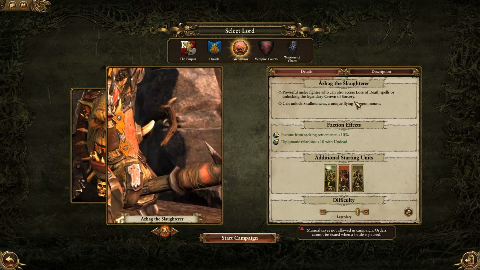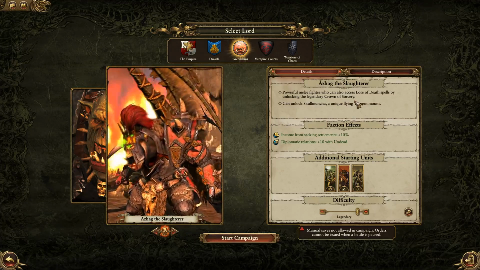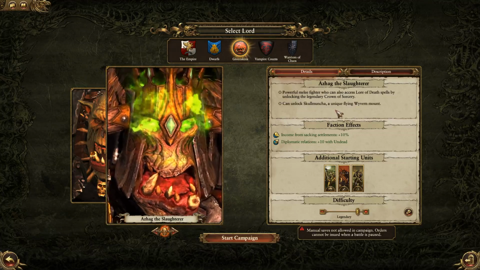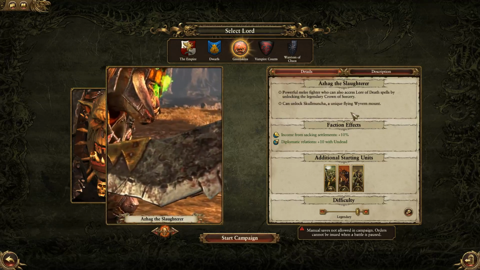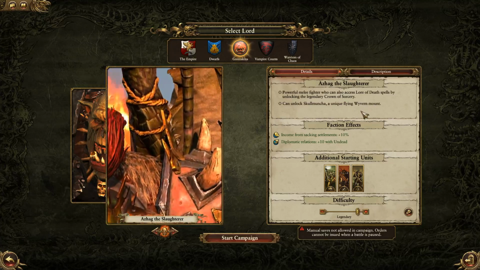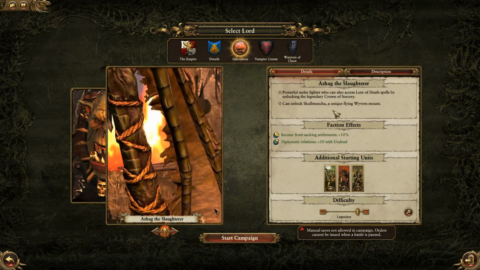And he gets this Wyvern, which is a flying dragon-like unit that you can use to get in some great flanks on the enemies. He doesn't get this until like level 21 or something, so you don't start the game with it. But it is really cool once he finally gets up to that. It gives you just some great tactical advantages. So Azog